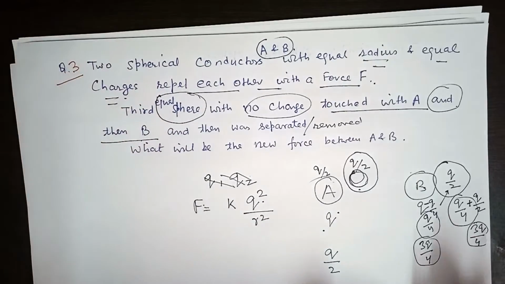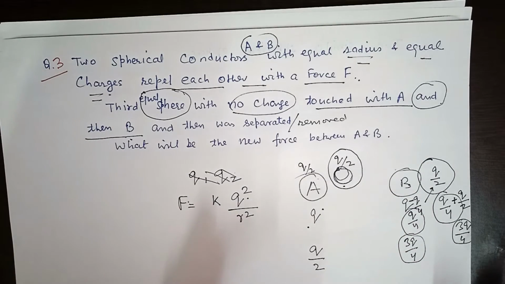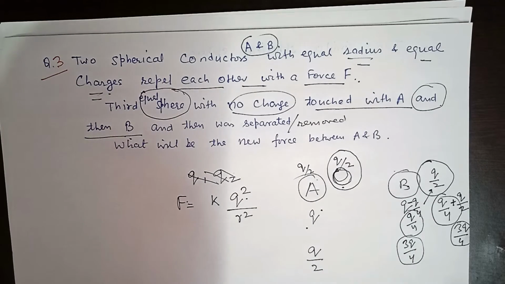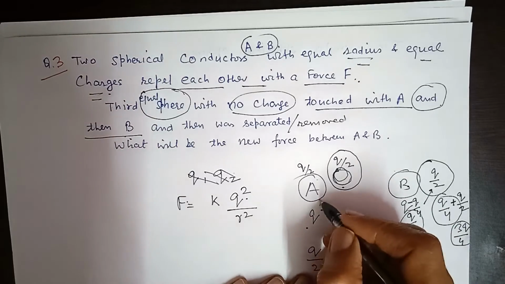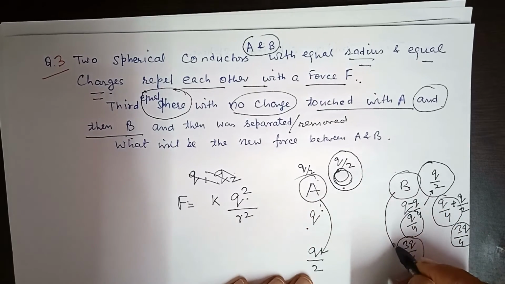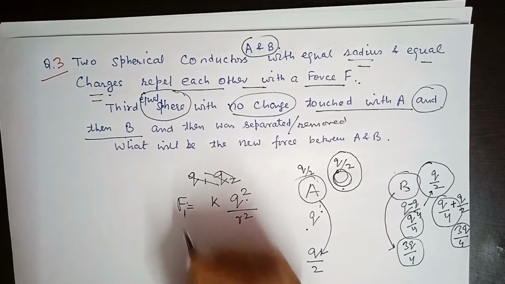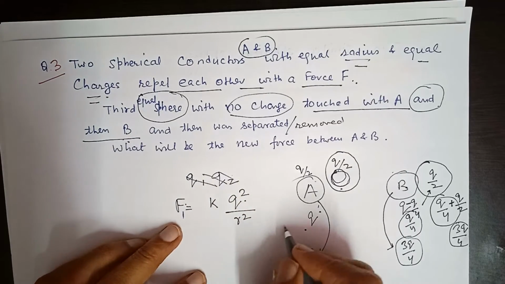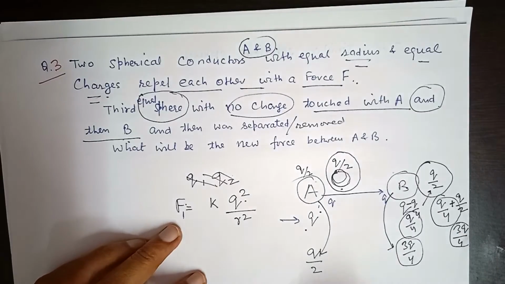So when the two spheres touch each other, with equal radius, both will have the same charge. This you have studied in your class 11th. So in the second stage, A will have Q by 2 charge and B will have 3Q by 4 charge. Then what will be the force? See, F1 is this in the first case, when both the spheres have Q charges, and in the second case